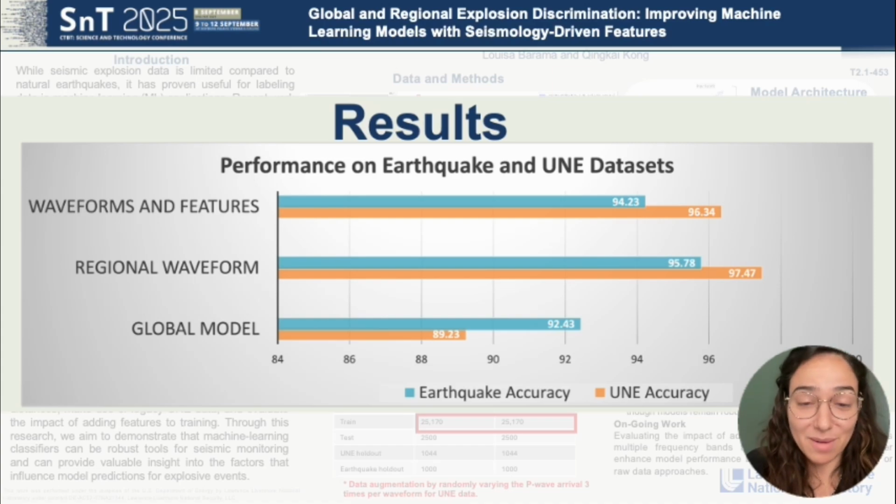So looking at the results of our model, we plotted here the earthquake accuracy in blue and underground nuclear explosion accuracy in orange. For the global model, where we had a large range of distances, teleseismic and regional all combined together, our results center around 90%. When we incorporate our waveforms and features, we improved that model accuracy up to centering around 95%. And when we focus down to just regional waveforms, then we have limited improvement of the model up to about